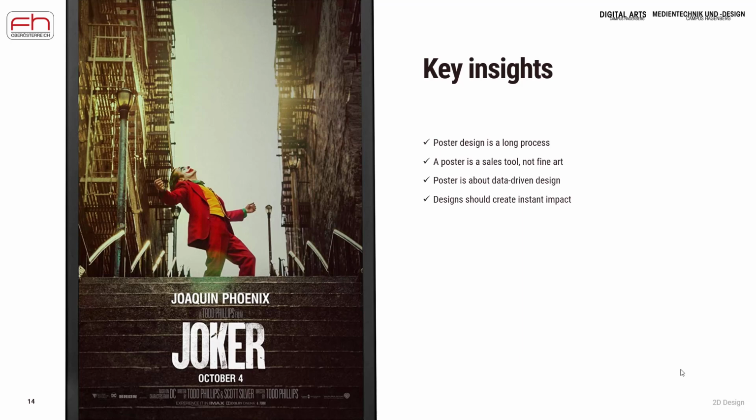The second thing to keep in mind is a poster is a sales tool and not fine art. So you have to be aware of the amount of complexity that you try to put on this piece. Okay, we want to sell an idea. We want to give information. Okay, this is one of the reasons that I chose